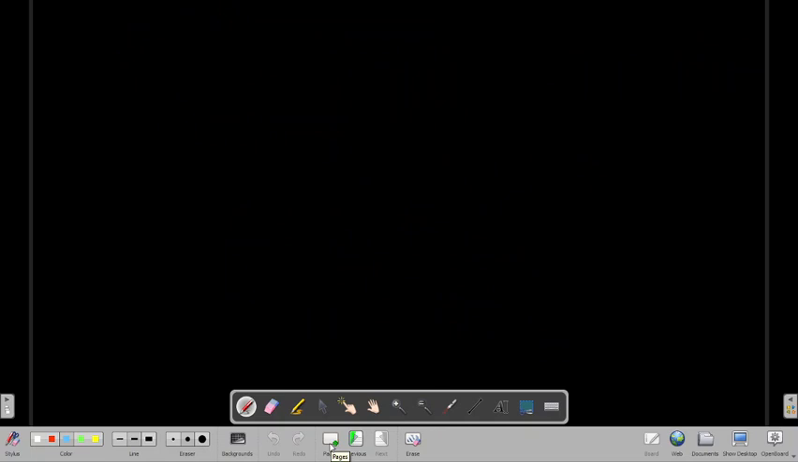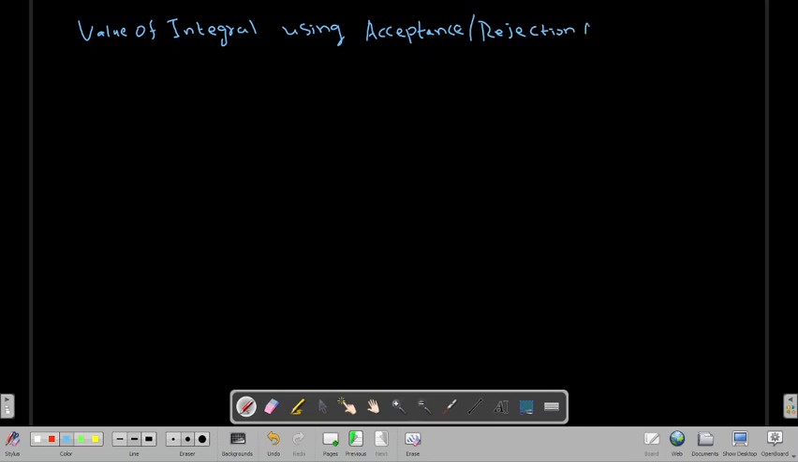So students, now we will be discussing how to find the value of an integral using the acceptance rejection method. Okay. So to find the value of integration using the acceptance rejection method, suppose that I have an integration